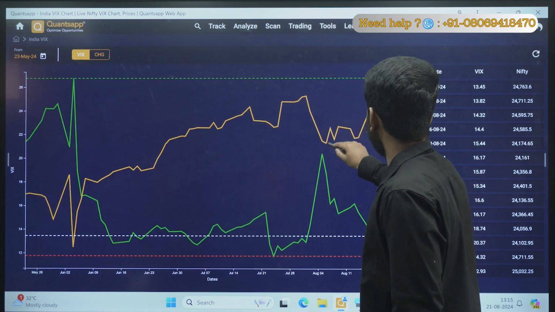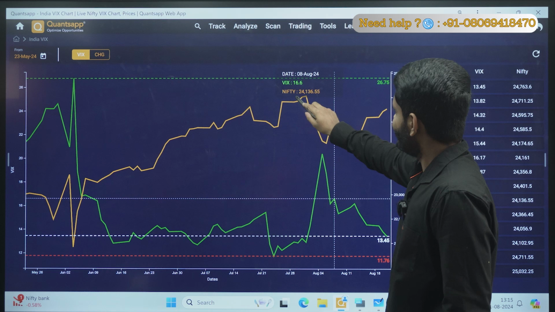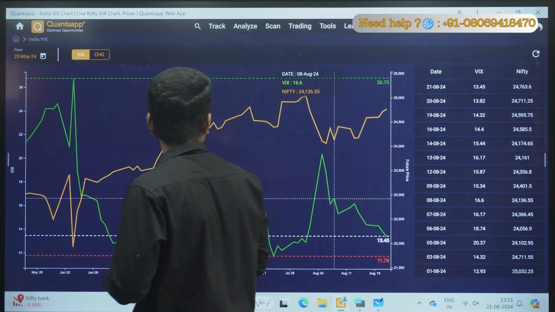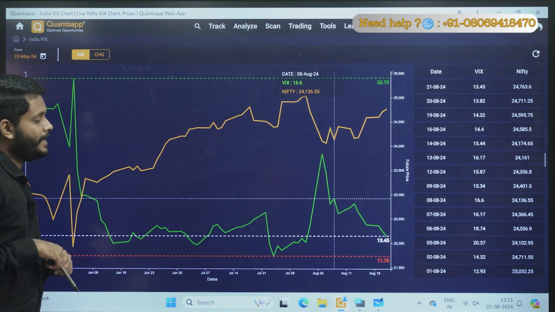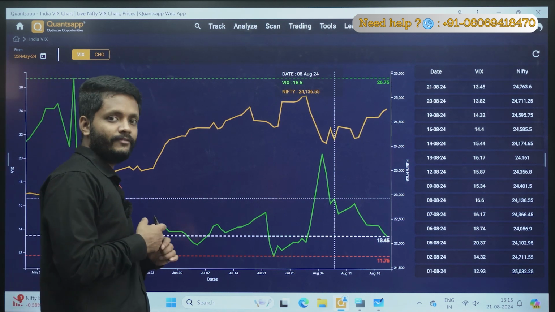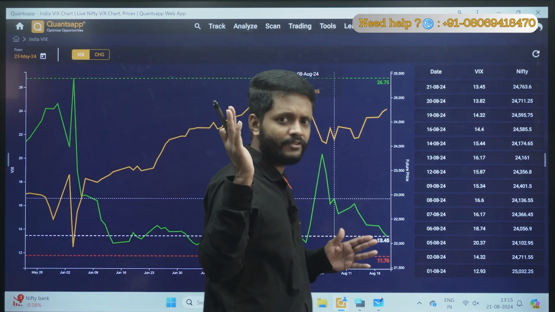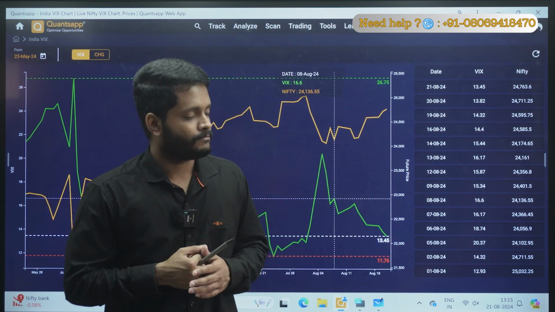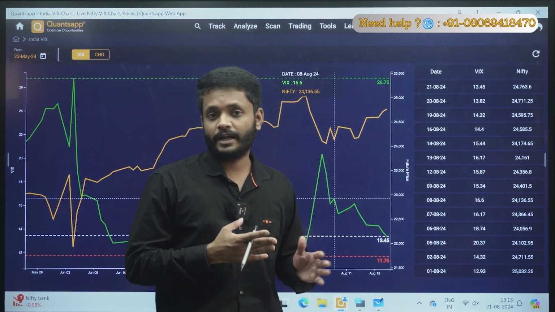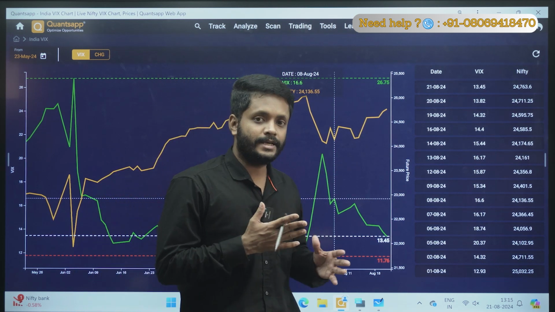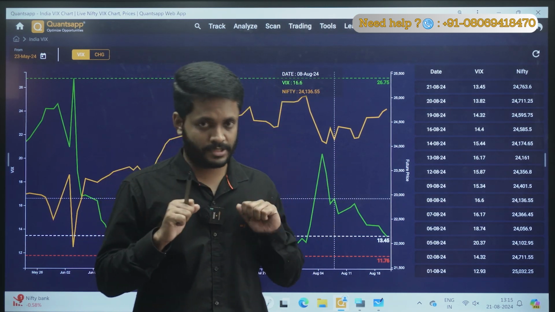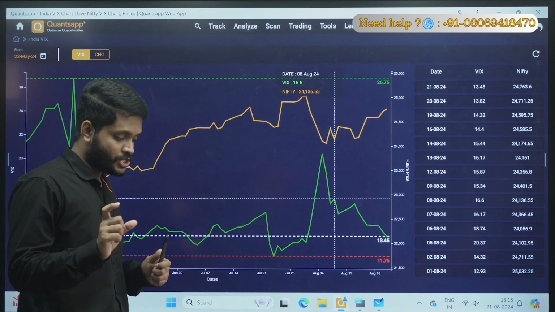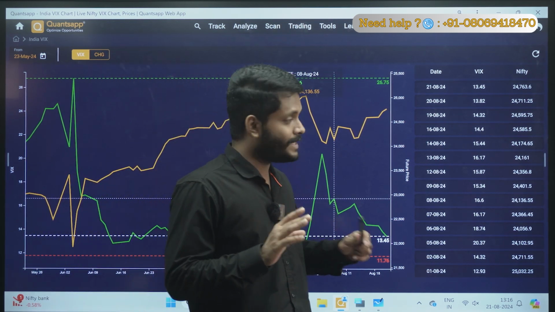So here, if you see, this yellow line is the future price of Nifty, and this green line is India VIX. As we said, whenever the volatility rises, or whenever the India VIX shoots up, that is usually a fearful environment. Whenever the India VIX shoots up, it is a sign of caution. We'll check a few examples historically, and the range I gave you, 10 to 15, we can say is quite stable.